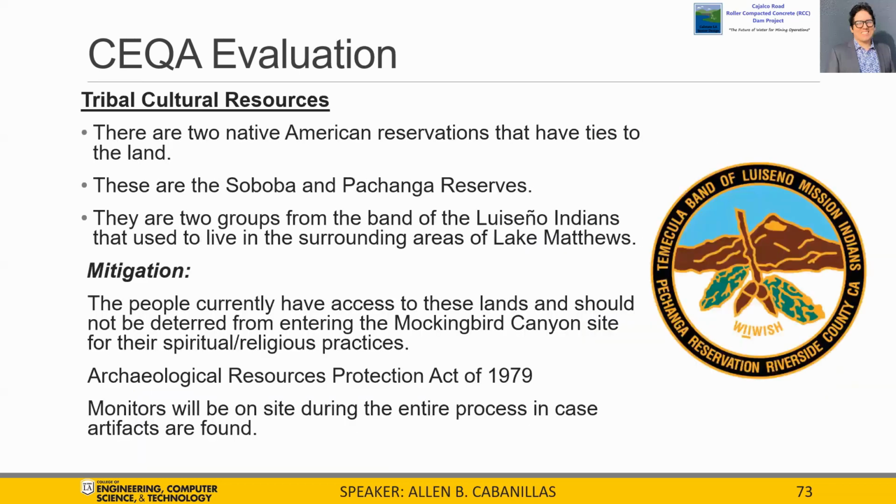Tribal cultural resources. There are 2 Native American reservations that have ties to the land. These are the Soboba and Pechanga reserves. They are 2 groups from the band of the Luiseño Indians that used to live in the surrounding areas of Lake Matthews. Mitigation. The people currently have access to these lands and should not be deterred from entering the Mockingbird Canyon site for their